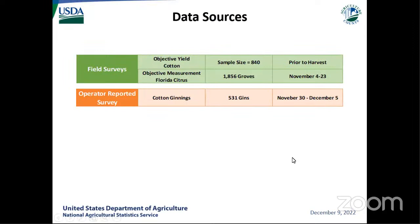Well, everybody out there watching on the live stream as well this afternoon. We have a fair bit of information today, not a longer report, certainly some pretty interesting and important information. As usual, I'm going to start things off with the survey work that we did, primarily focusing on cotton